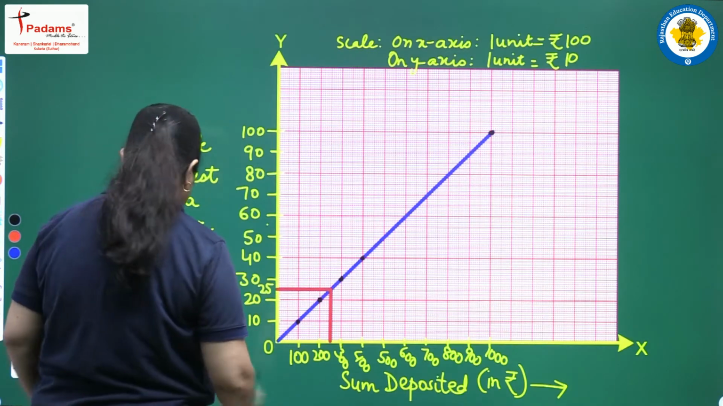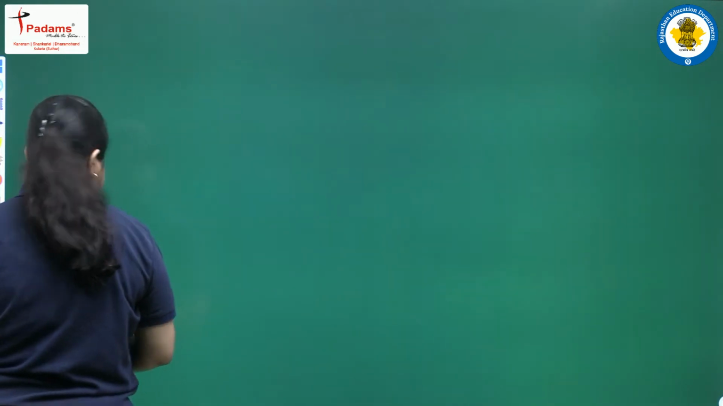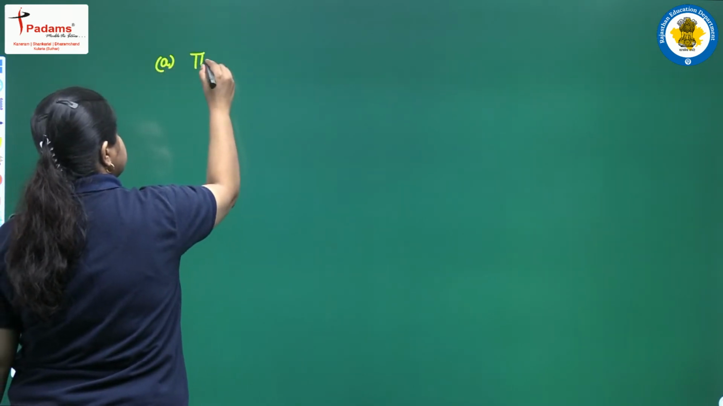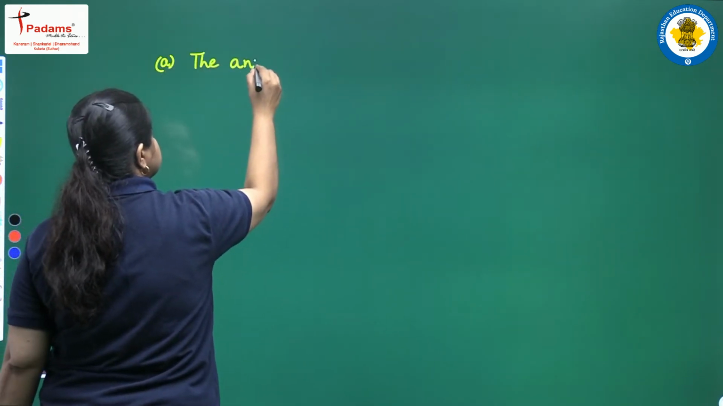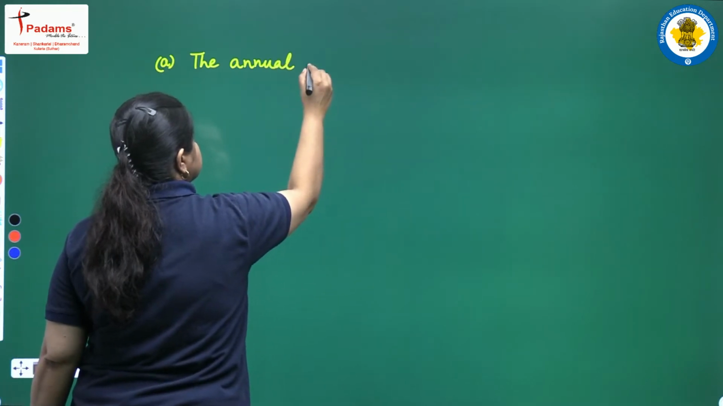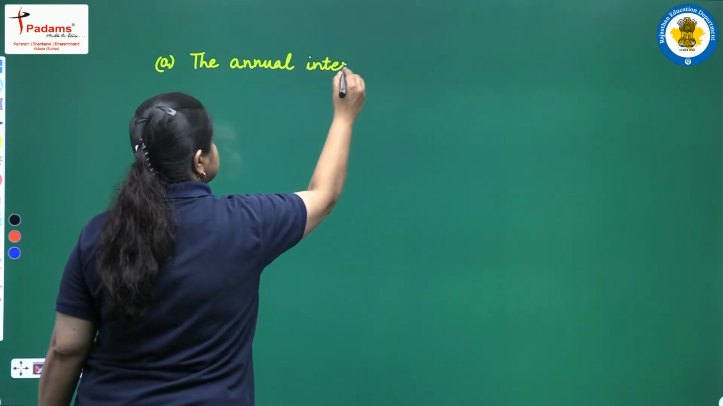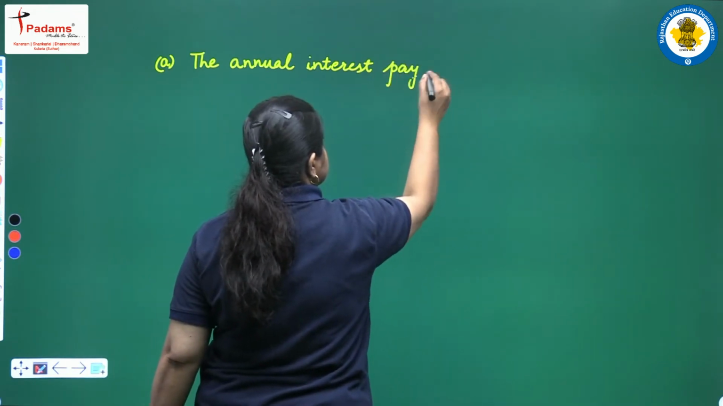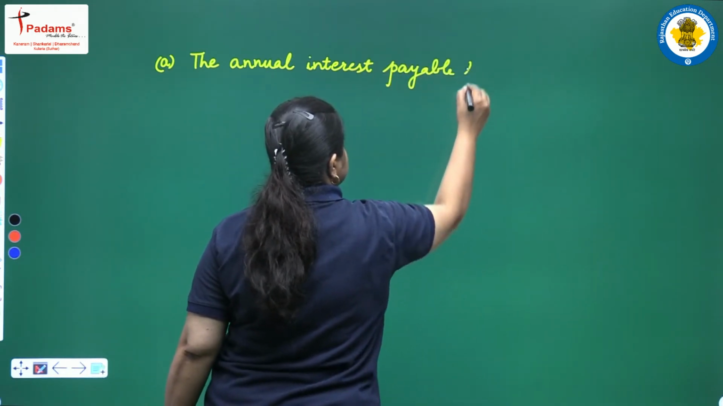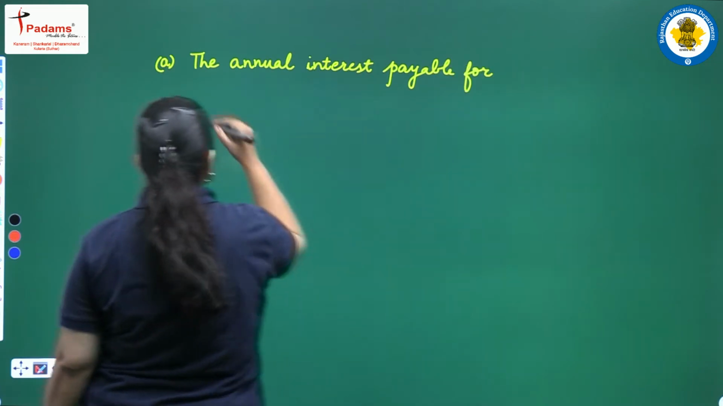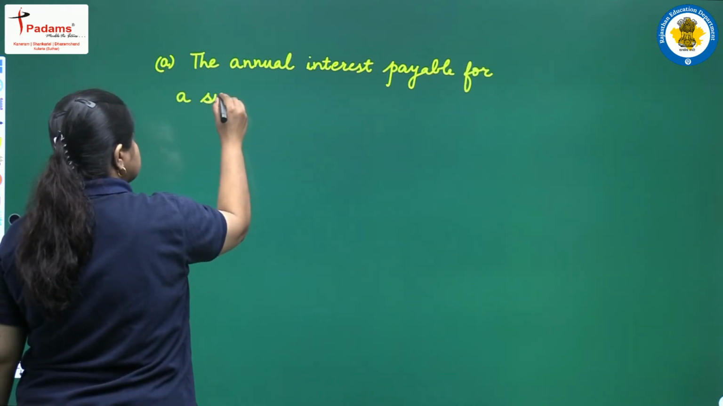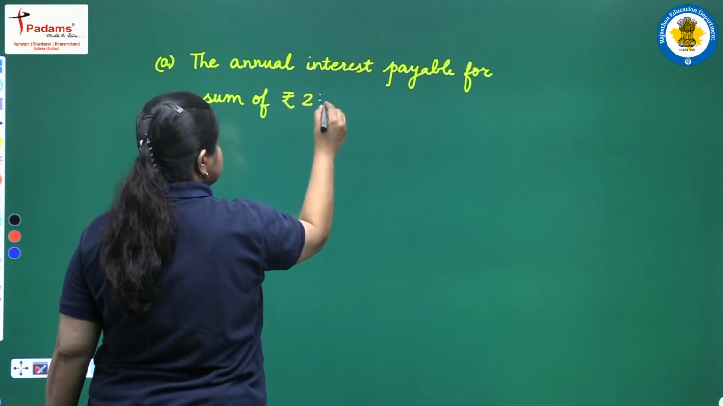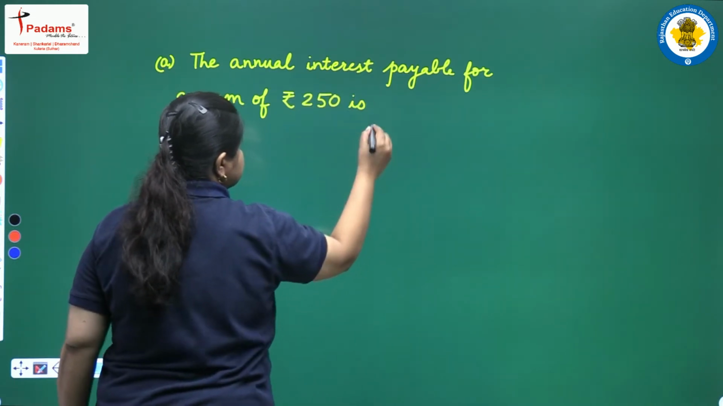In fact, here we take one more page and give the solution for the first. The annual interest payable for a sum of rupees 250 is rupees